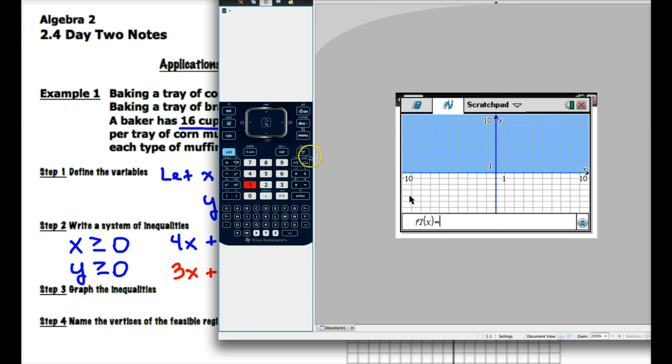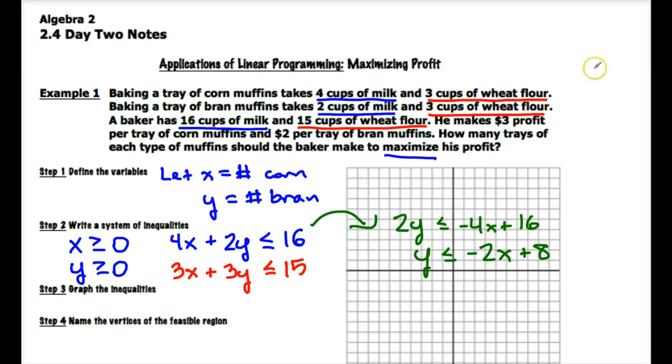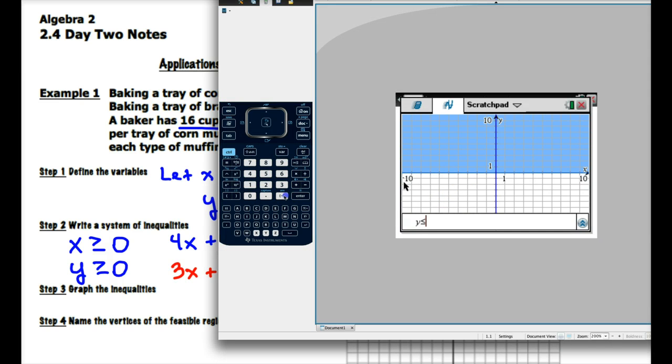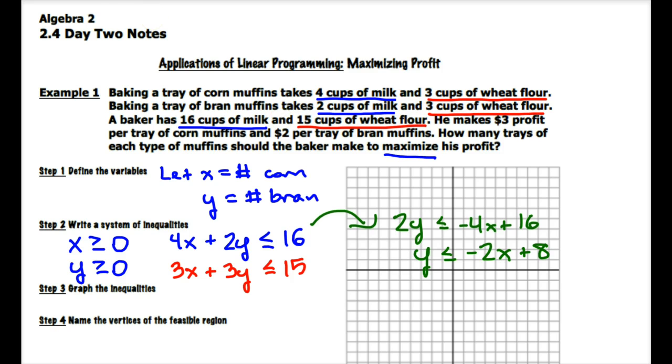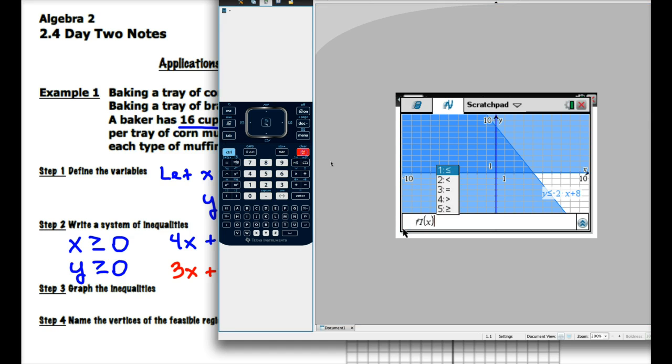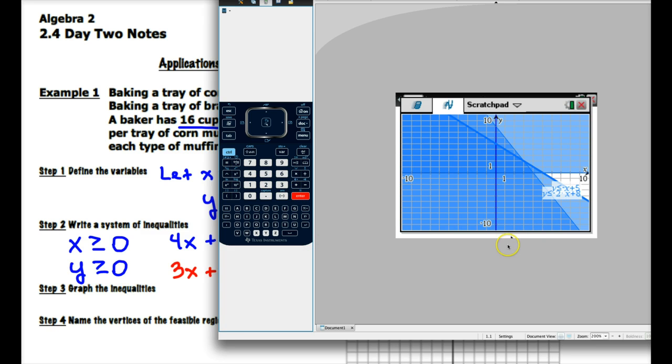Go back to function form. And I want y is less than or equal to negative 2x plus 8. Okay, and then I'm going to change my other inequality to slope-intercept form. If I change this one to slope-intercept form, I get y is less than or equal to negative x plus 5. Okay, and so here are my four lines. Again, I have the x-axis and the y-axis shaded to the right and above, and then I have these two lines right here, and these are both shaded below,